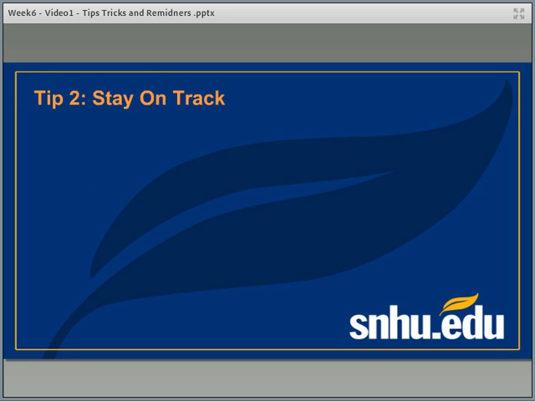Tip number 2, stay on track. This is one that I like to remind everybody because you've got a lot going on here in this paper. You've got a lot of things that you're sort of juggling here. So at the heart of your paper, do make sure that you really stay focused on your two main works of art. I say this because you're looking at history, you're looking at concepts of what was happening socially, politically,